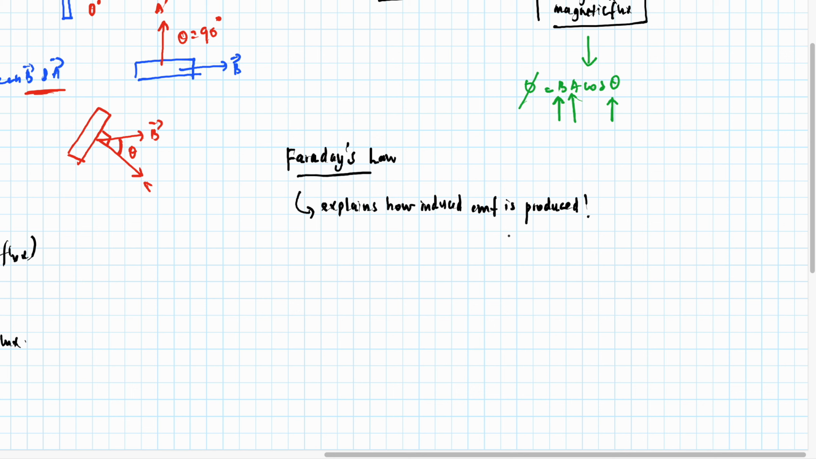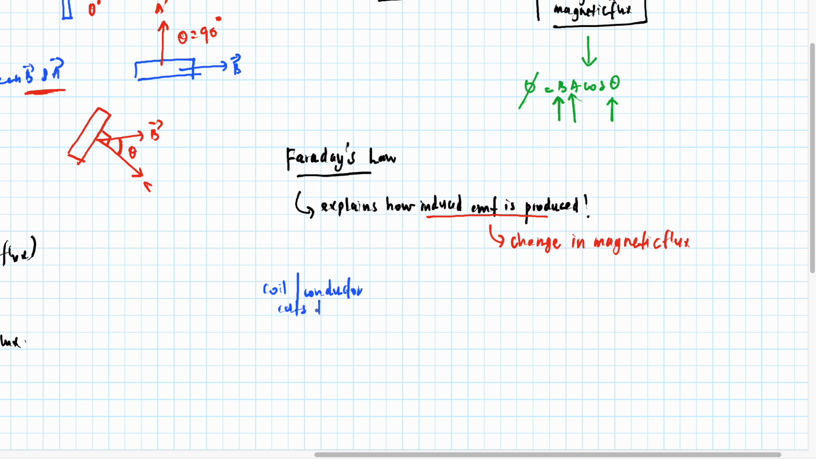Okay, so again lah, induced EMF hanya akan terhasil when there is a change in magnetic flux. Okay, so keyword dia lah. So usually keyword dia yang Miss pernah ajar before ni. Okay, keyword dia adalah, so when a coil or conductor cuts the magnetic flux,